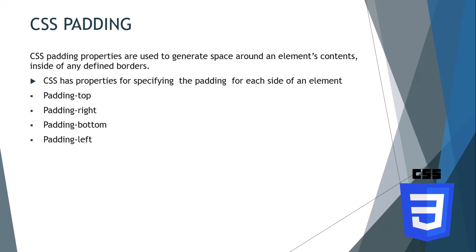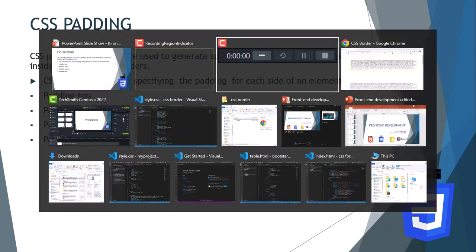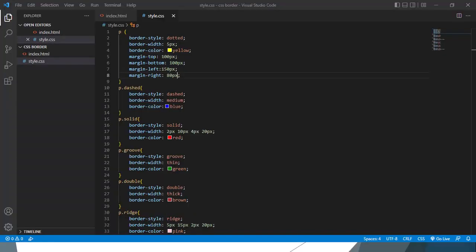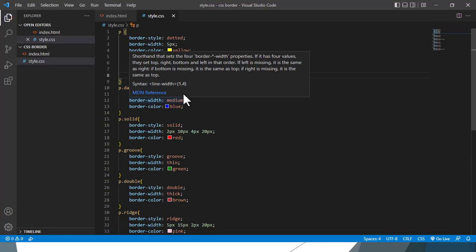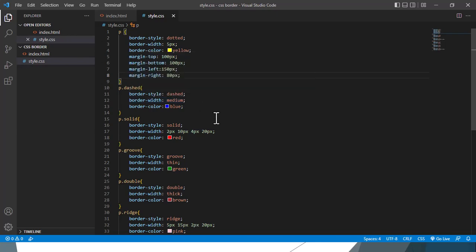Now, without wasting much time again, let's go straight into our text editor. We'll still use the file for CSS border. We'll add the padding to all the p tags we already had. And this is how it goes. At first, you have all padding properties can